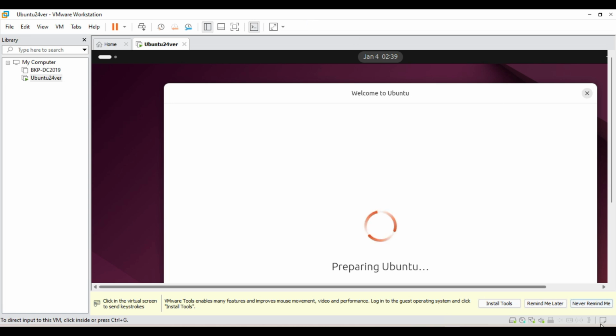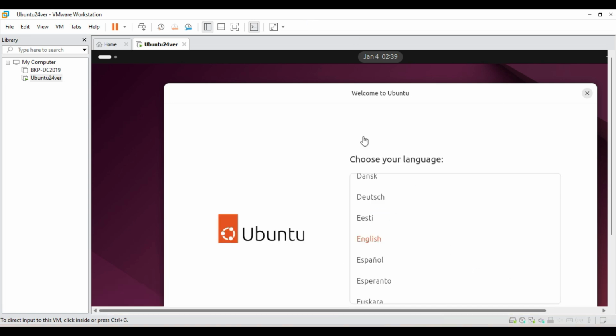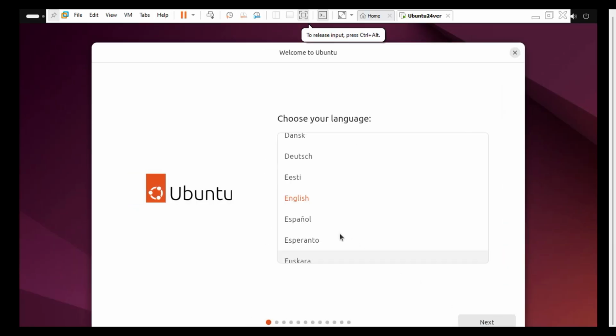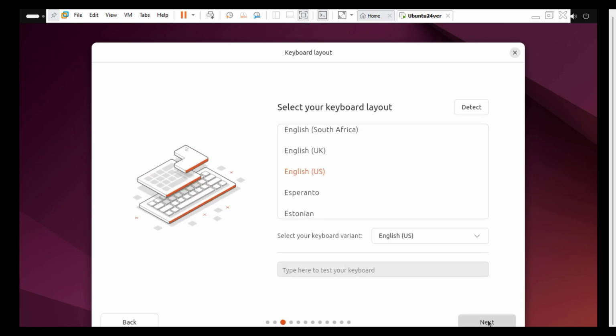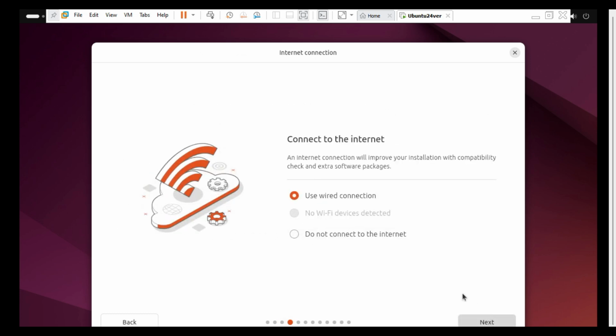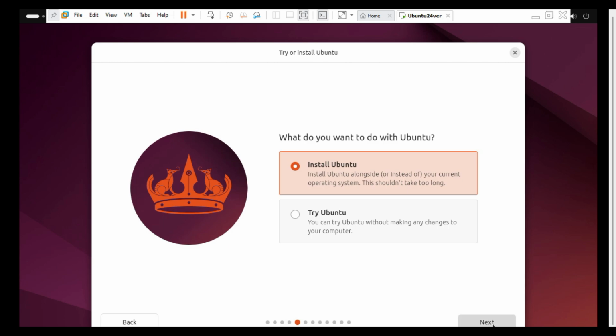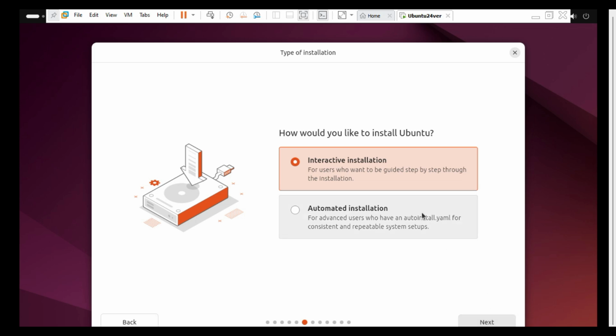Preparing. Any language, right? By default, English. Go here. By default, I'm not going complicated. Install Ubuntu, interactive installation. We have automated also, right? A lot nowadays we are automating everything with the help of Ansible or something. Automation means, just giving an example. For that reason,